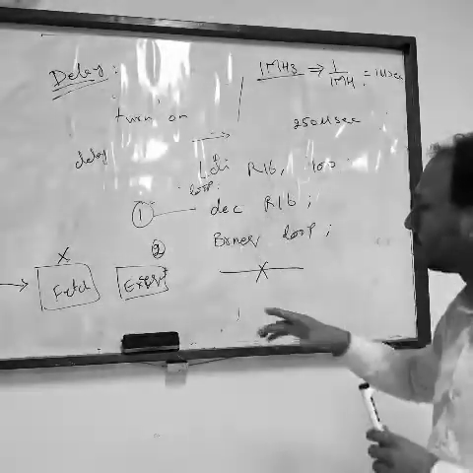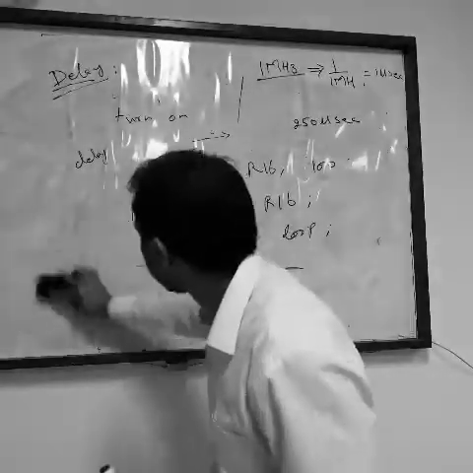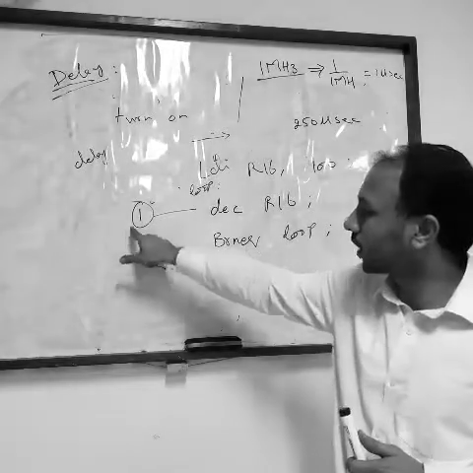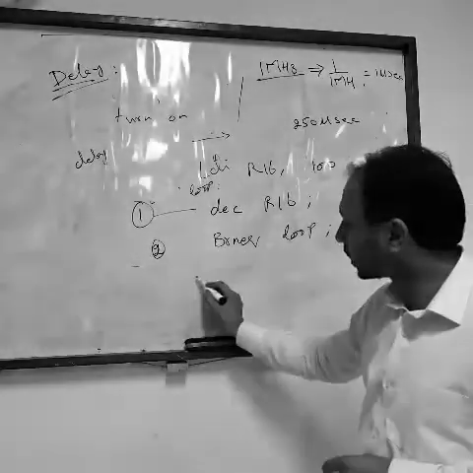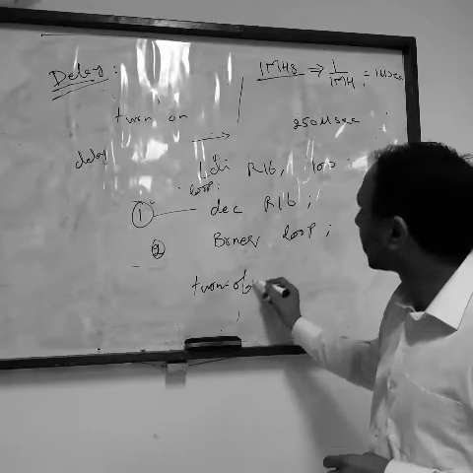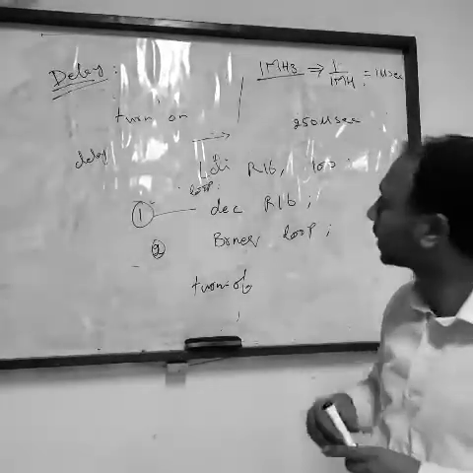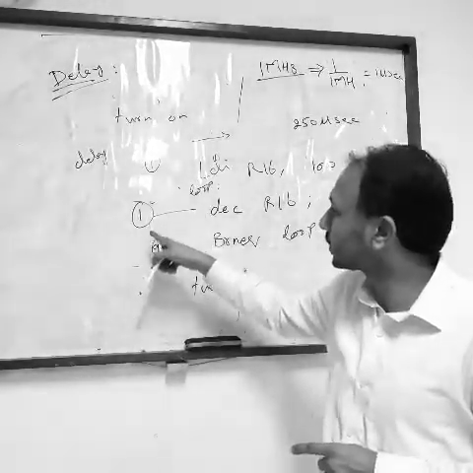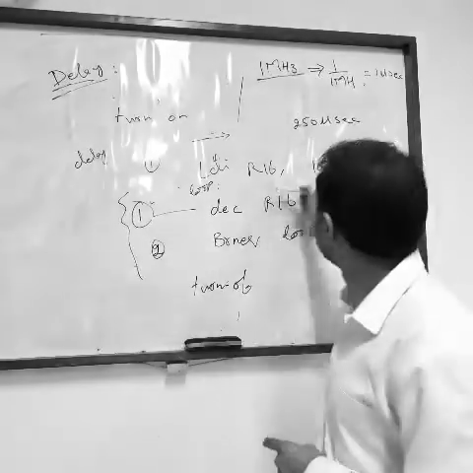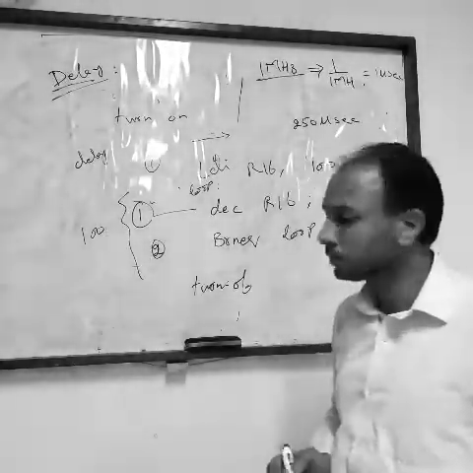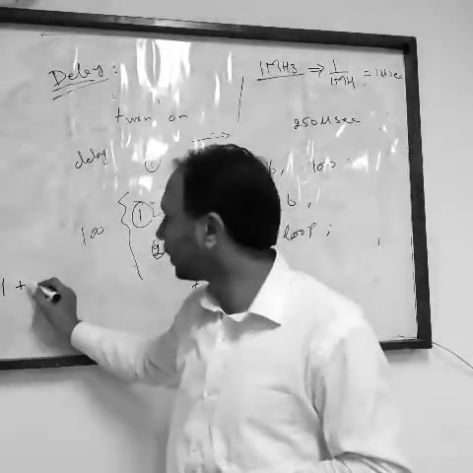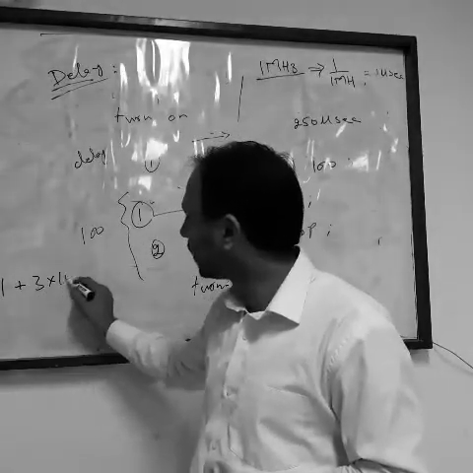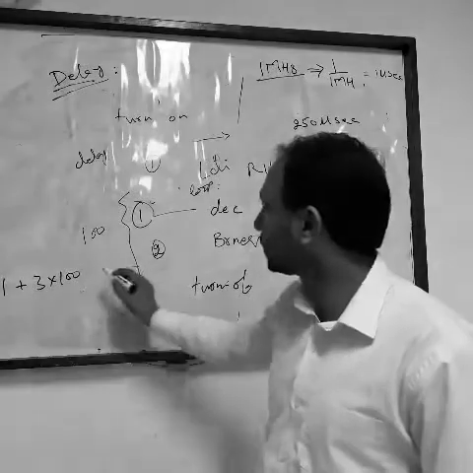So how many times will this be run? 100 times. This will take 1, this will take 2. So when you are turning on the light, how many cycles will it take? 1 clock cycle, and then 1 cycle and 2 cycles will be repeated 100 times. So the delay would be 1 plus 2 plus 1, which is 3, into 100, and then you are turning off the light.